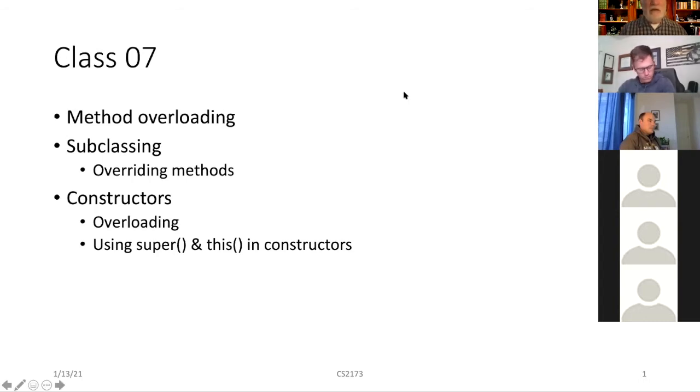Okay, and then finally, I'm going to give an example where the overloading is going to be for constructors, and in accordance with that, I'll show you what this and super business is about. The difference between